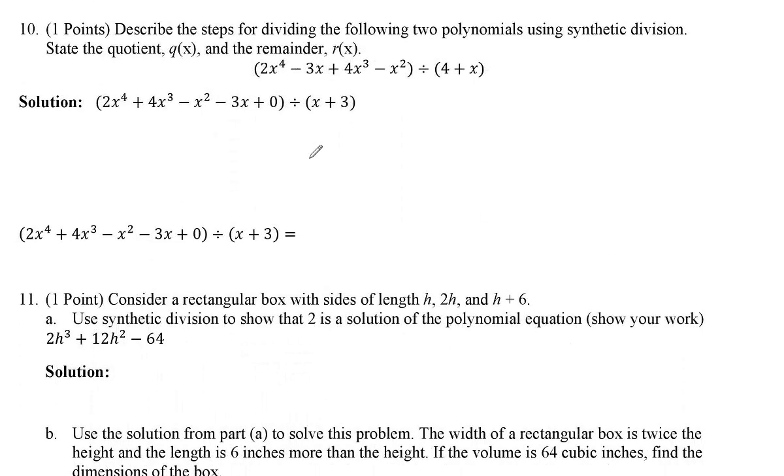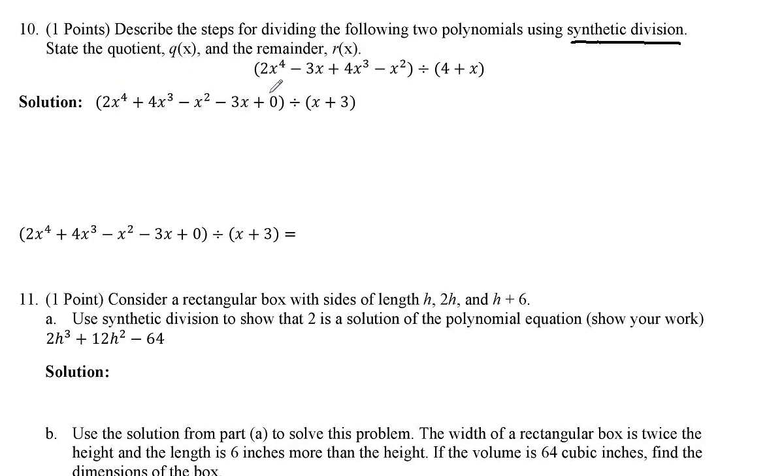And let's see, number 10. Describe the steps for dividing the following two polynomials using synthetic division. So 2x to the fourth minus 3x plus 4x cubed minus x squared, and we're dividing by 4 plus x. So first of all, we've got to list these terms in descending order. So that's going to be 2x to the fourth first, and then 4x cubed, and then negative x squared, and